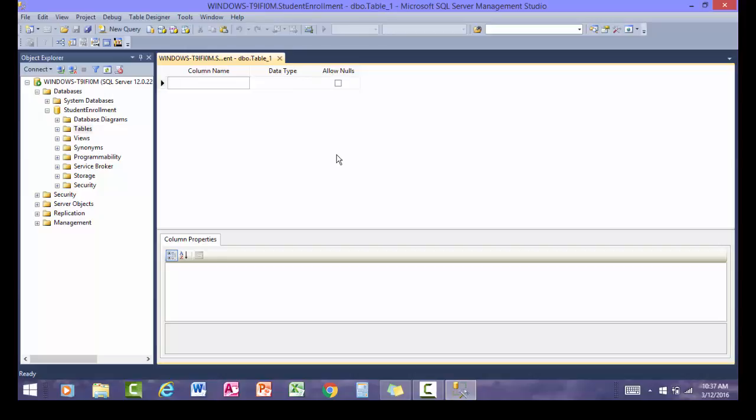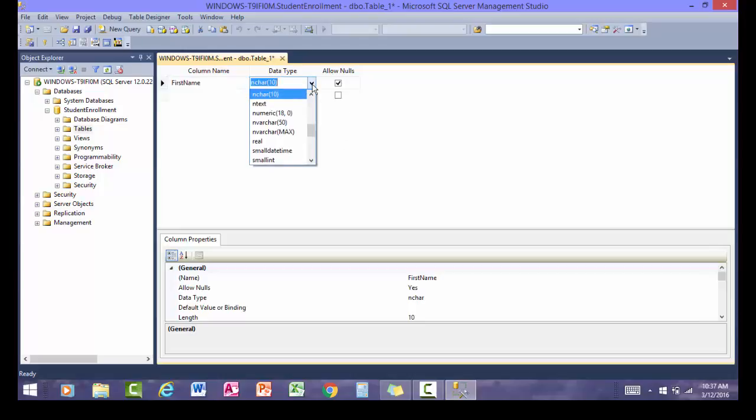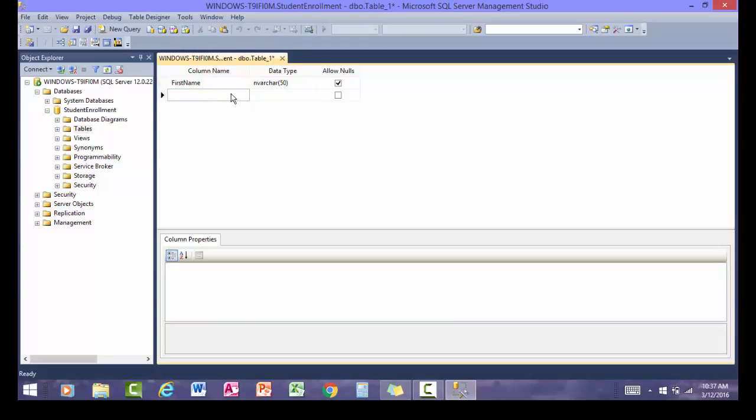We are going to do the first name of the student, and the data type that you are going to select will be nvarchar 50. So that basically will hold up to 50 characters. And then I will put in last name,